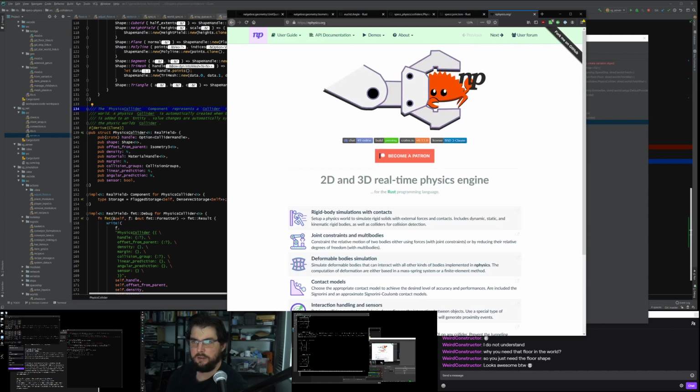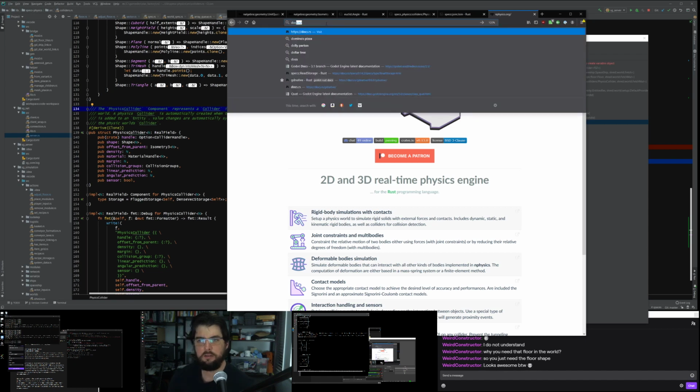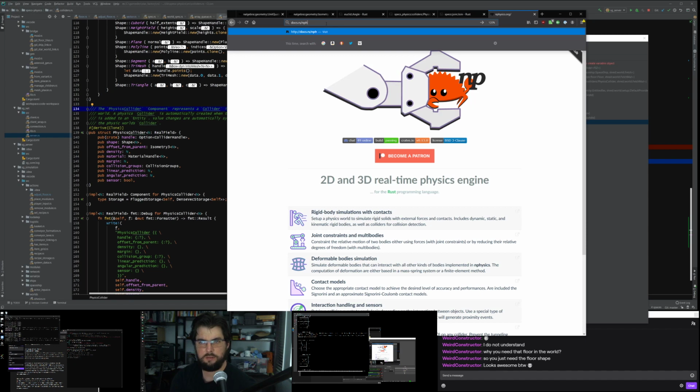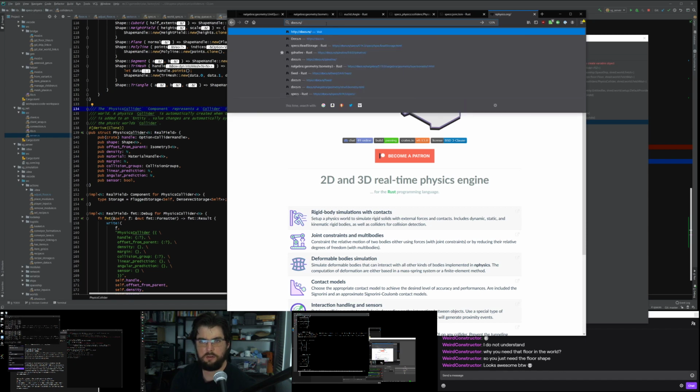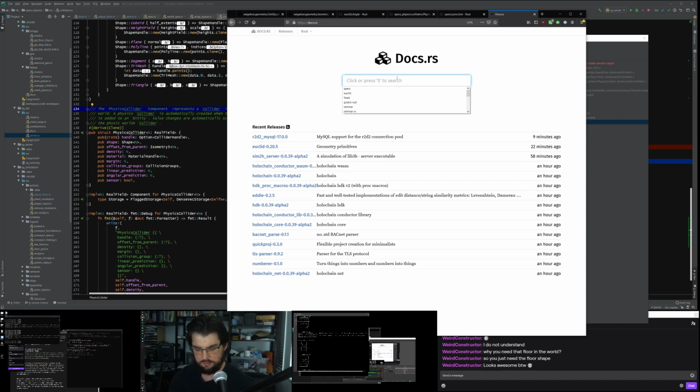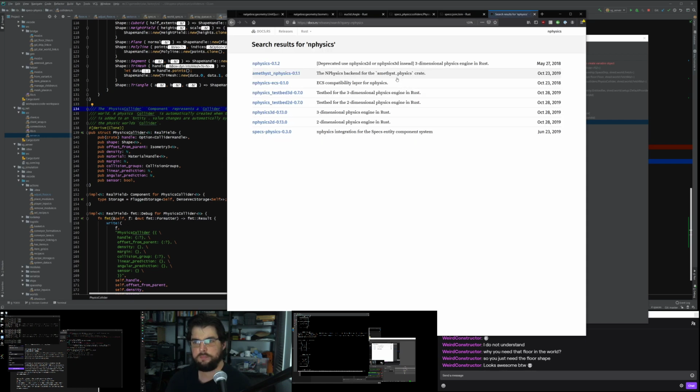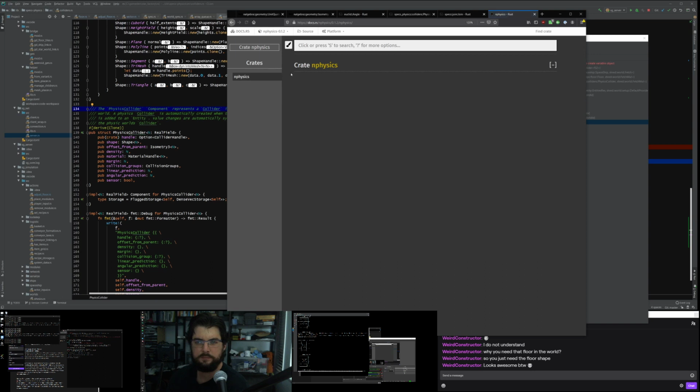I actually find the InPhysics documentation to be annoying. I'd rather have the standard stuff, so I'm going to go to docs.rs and look for InPhysics instead. The wrapper we have is a wrapper around this one. Okay, so it doesn't show any documentation at all, probably because InPhysics is like physics 2D, physics 3D.